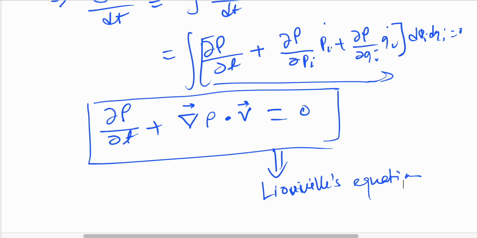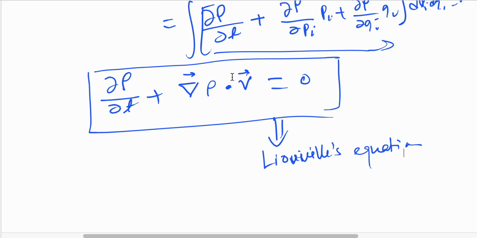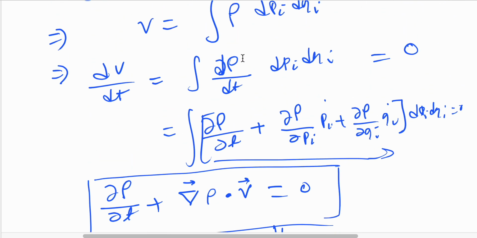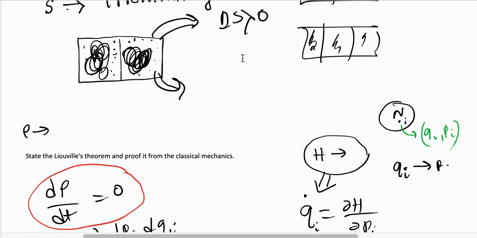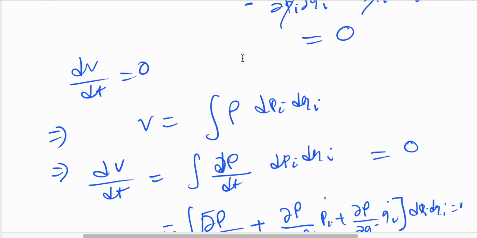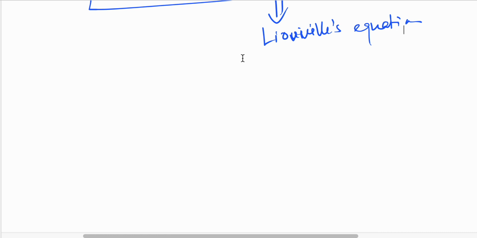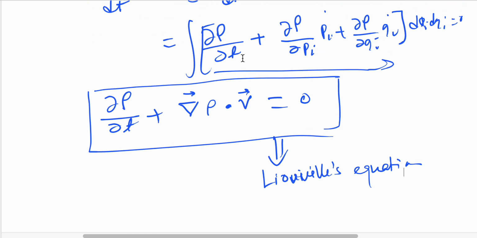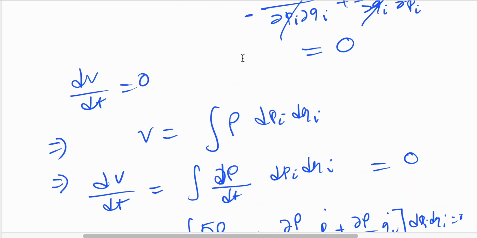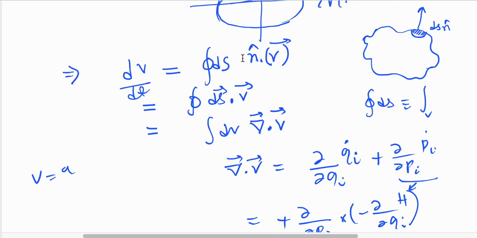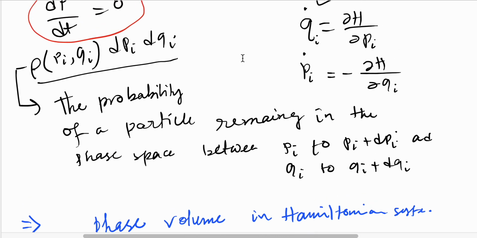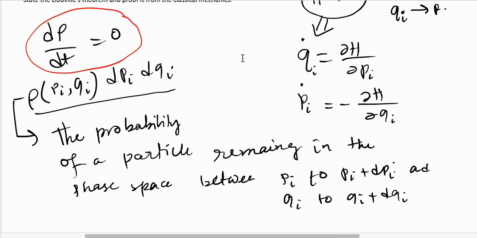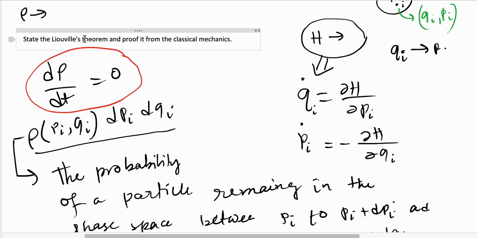This is actually Liouville's equation. Okay, that's that. So we have proved Liouville's equation, which is a very important thing in the microcanonical ensemble. We had already done the microcanonical ensemble without knowing that this rho, the density, is actually constant throughout time. This density does not change with time. So that's that. So the Liouville theorem, we can prove it